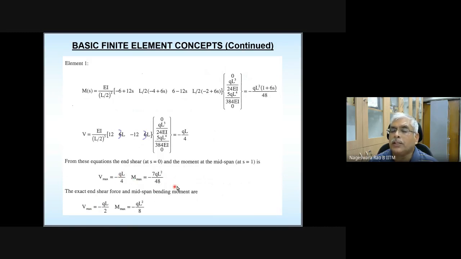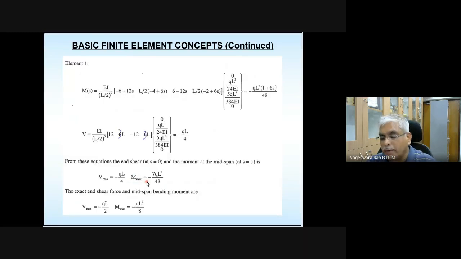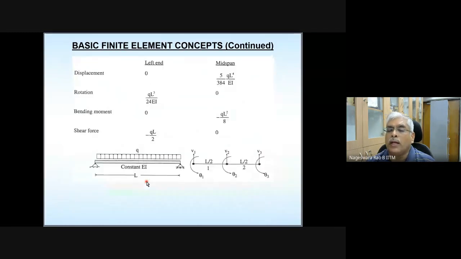Okay, so this is the issue here. So how do you improve this? One way of improving is, instead of using two elements, let's increase the number of elements. Let's say 4 elements or 8 elements or 16 elements. It's not necessary it should be a multiple of 2. I'm just saying 2 elements and then 4 elements, because I want to make sure there are an equal number of elements on either side of the midpoint.